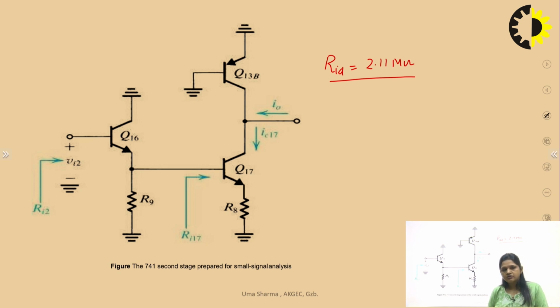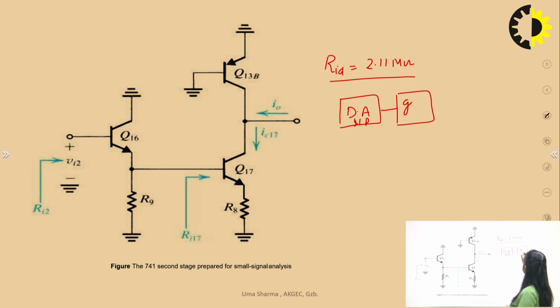So, with the help of I output of input stage, we can calculate the potential at the second stage, because input stage is connected to the second stage. Here I can only draw the block diagram. You can see that this is the differential amplifier or input stage, which is connected with this second stage or gain stage, and this is connected to output stage. So, there are two inputs, plus and minus.